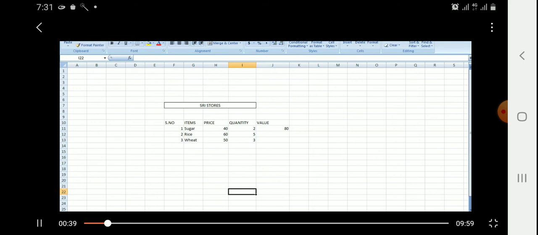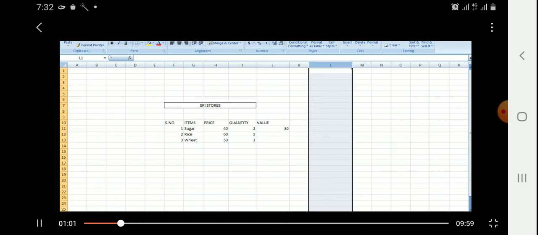Before that, you can see the columns as well as rows here, and you can see the ribbon also. And this is the active cell, students. Active cell.